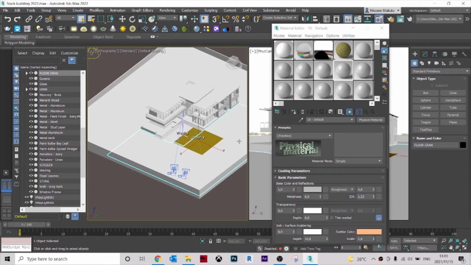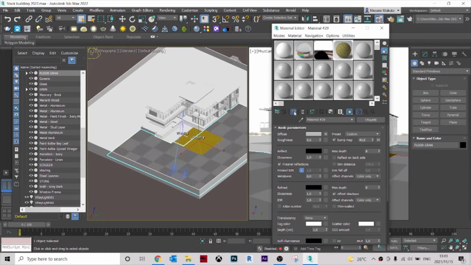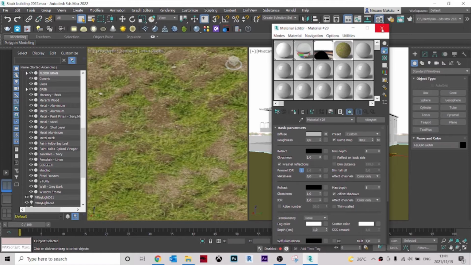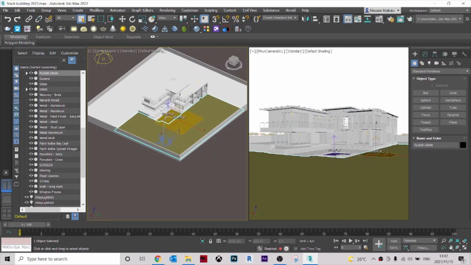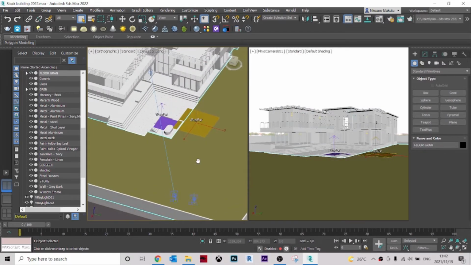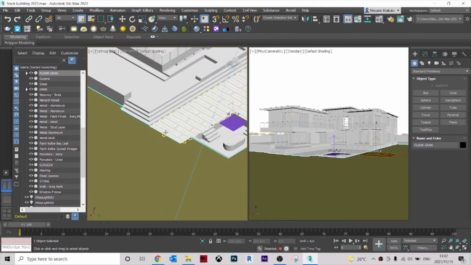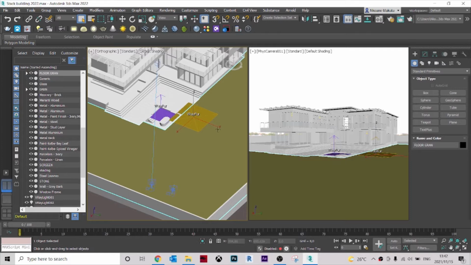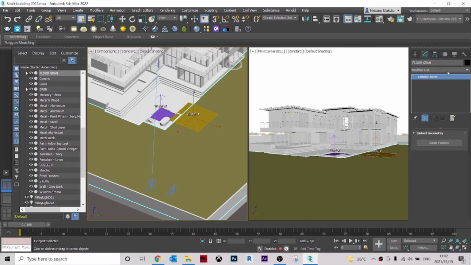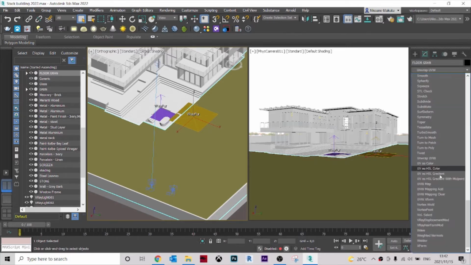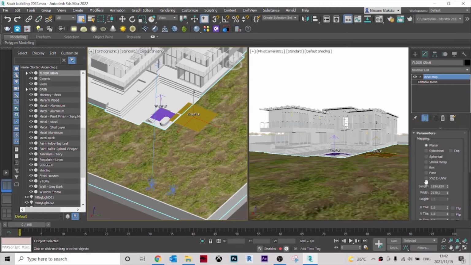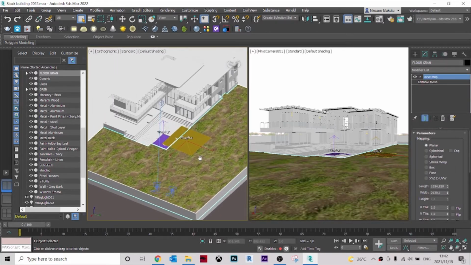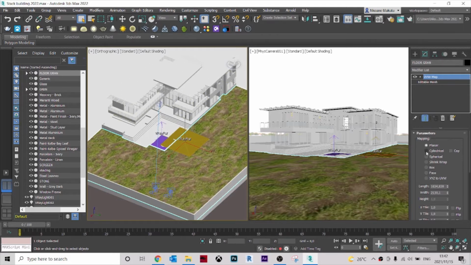So I'm going to select the plane and I'm going to apply the material. As you can see, it changes right there. But now when you start zooming deeper inside, you realize that the material is not to scale. For us to change it to scale, we're going to go to the modify tab, and under here we are looking for UVW map. Once you select that, it automatically adjusts the scale of the material to the plane, and